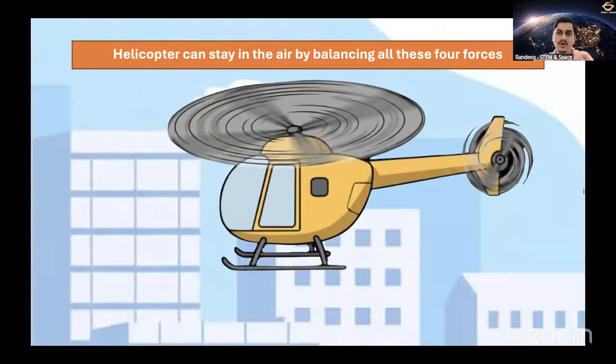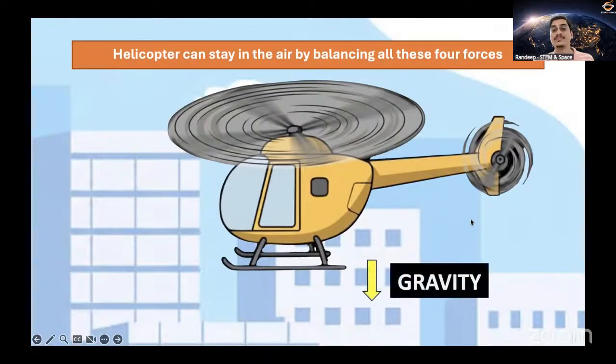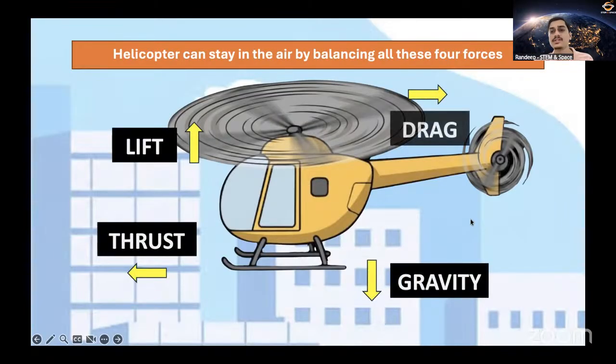Okay. Now, a very important property that makes this helicopter very, very unique. It is one of the most magical features of the helicopter, which makes it completely different from all the other means of transport. And that is, a helicopter can stay in the air by balancing all these four forces. Currently, there is no other mode of transport that can literally stay in thin air without either falling or moving up, without even going anywhere. It can stay stable in thin air by balancing all these four forces. That is the gravity, the lift, the thrust, and the drag.